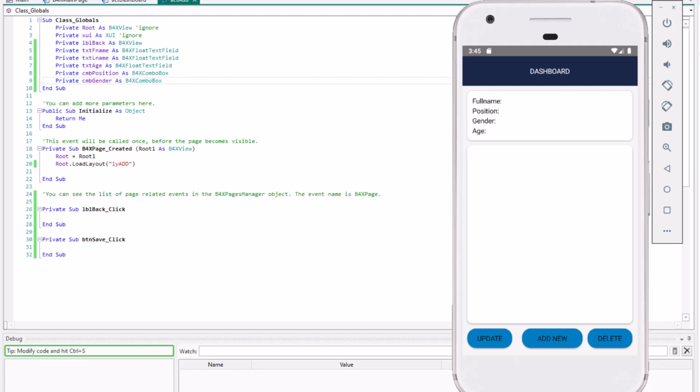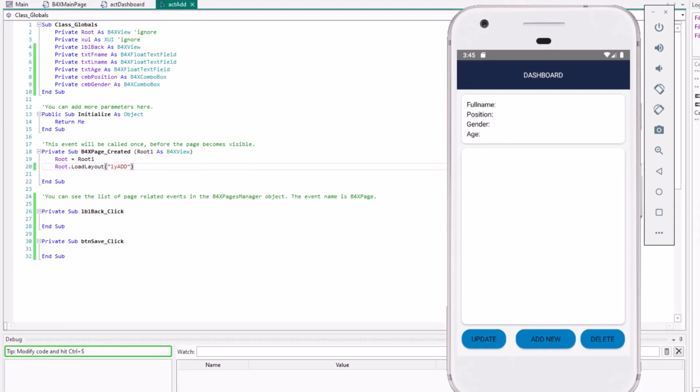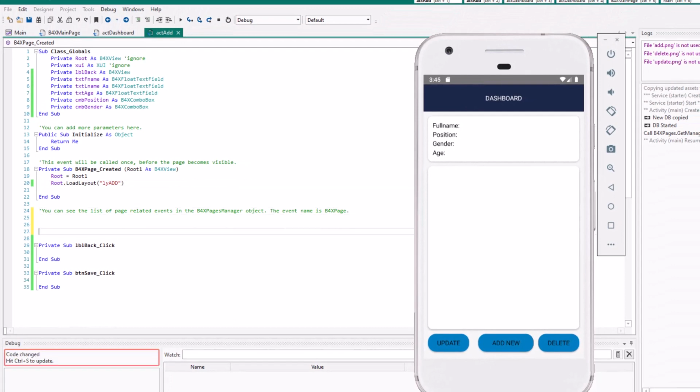What we can do is, when the add member loads, let's also create the page.